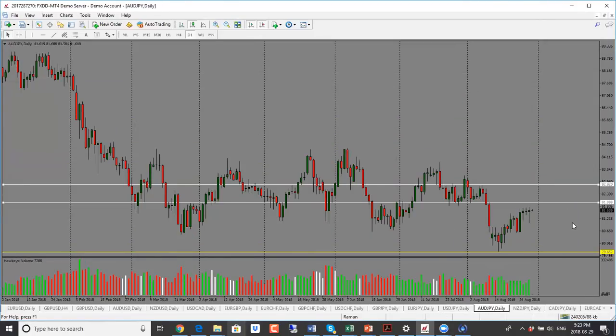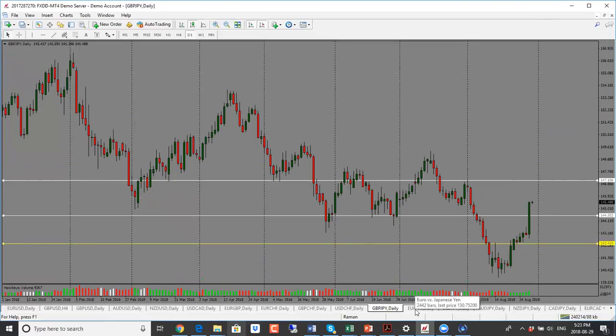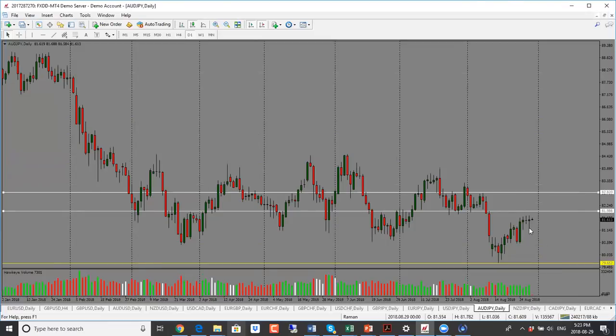Aussie yen hasn't really done much. It's just sideways, so it may not be the best one to trade. We do have red news coming up for this. If it does not break above 82.00, chances are this is going to drop, because as we have seen, all the other yen crosses have gone up except for Aussie yen. That means there's weakness in Australian dollar, and that's why it hasn't gone up against the yen when everything else has. So this pair could provide us an opportunity to trade. Keep an eye on it, but right now it's neutral.